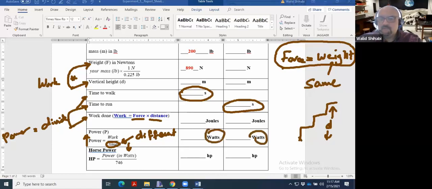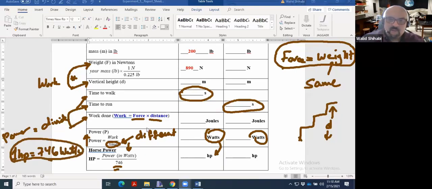And then to get the horsepower, you just need to divide by 746, because 1 horsepower, as we learned, is 746 watts. After you complete the table, there will be the questions,